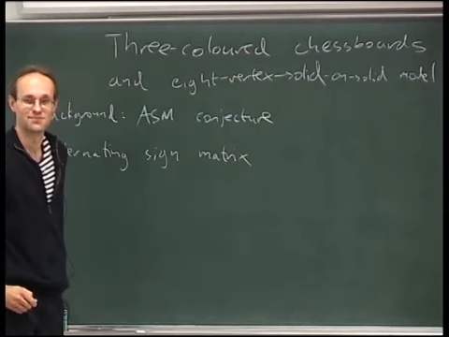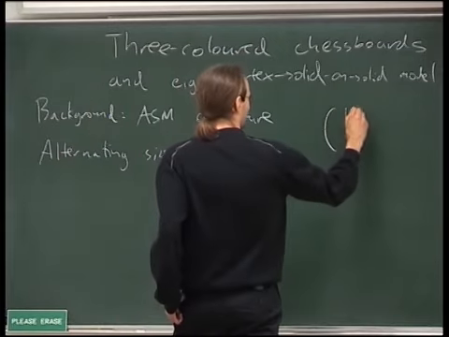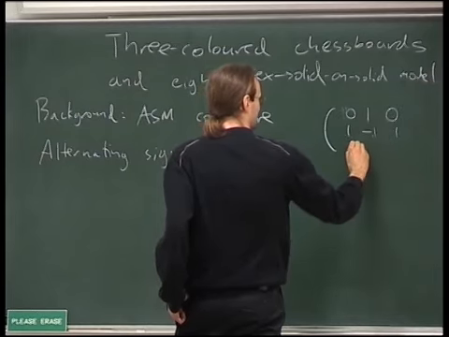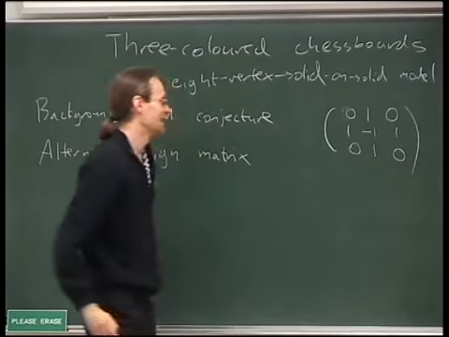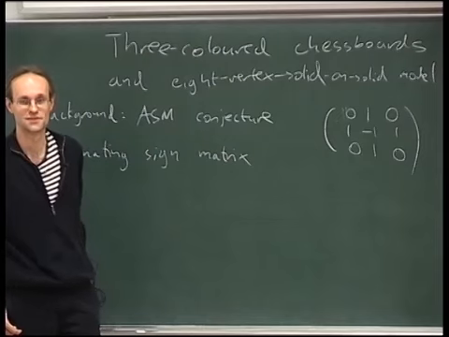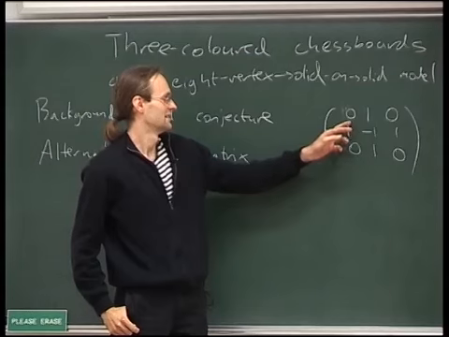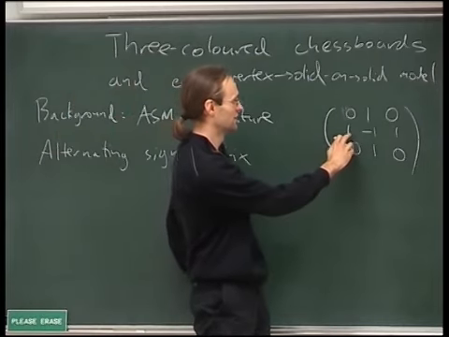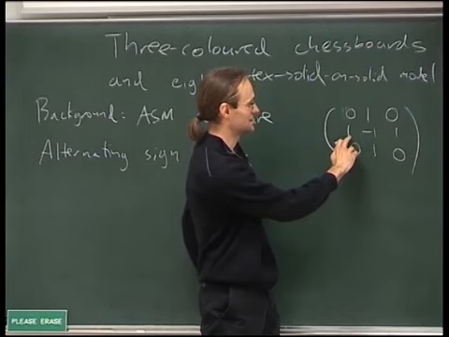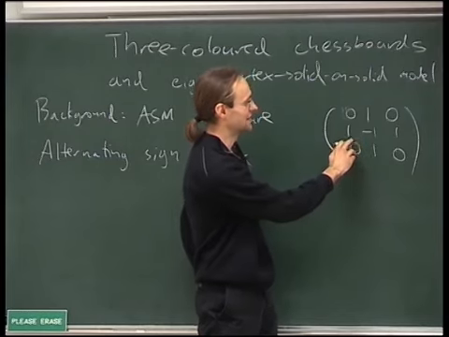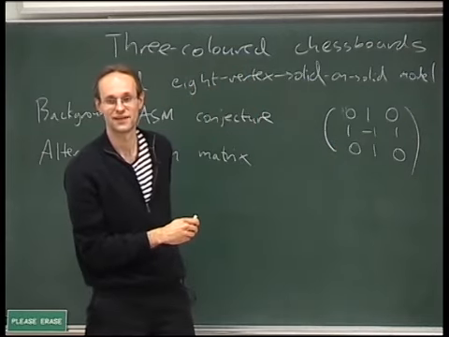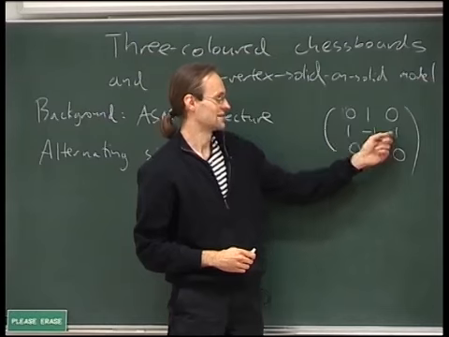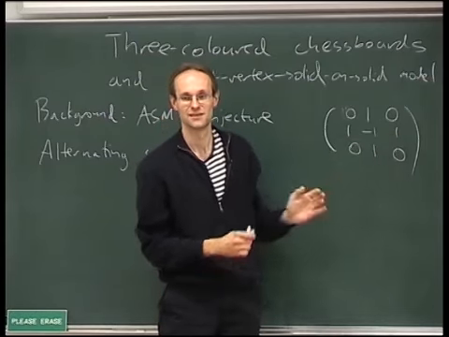First of all, an alternating sign matrix is something like this. So the rule is you have a square matrix, and the entries are always 0, 1, or -1. And also if you follow any row or any column and just look at the non-zero entries, they will alternate in sign, and they will also add up to 1. So there has to be at least one 1 in each row and column. And if there are two 1s, there has to be a -1 between them somewhere, and so on.